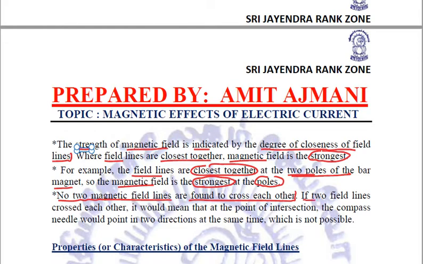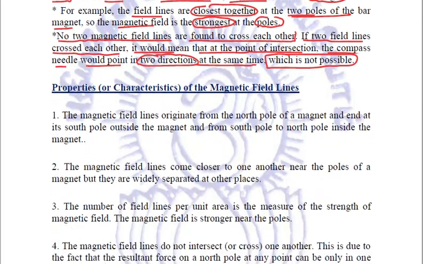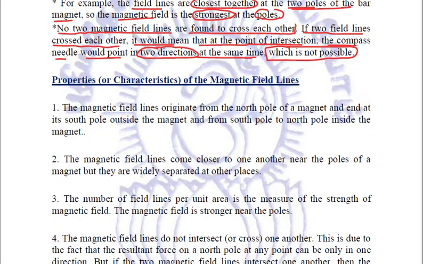Because if any two magnetic field lines crossed each other, it would mean that at the point of intersection, the compass needle would point in two directions at the same time, which of course is not possible. Fine. So related to all these details, we can conclude that there are certain properties, there are certain characteristics